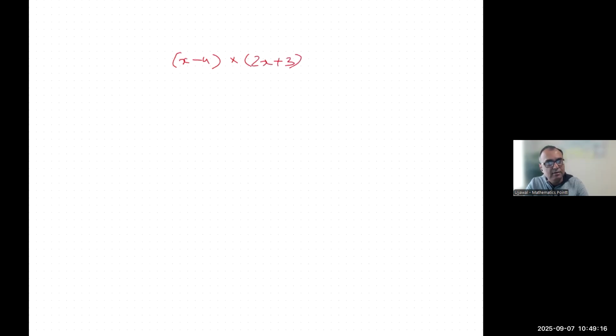Now, if you know that, hold your horses. If you don't know, pay attention. This is where it becomes slightly tricky. The goal here is